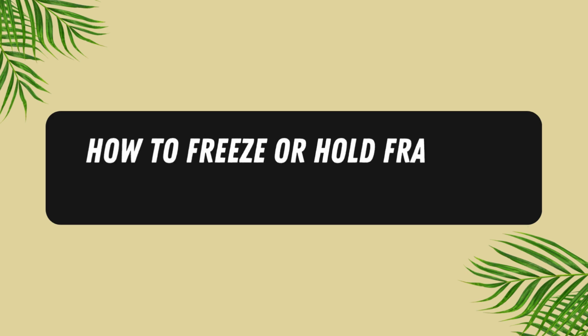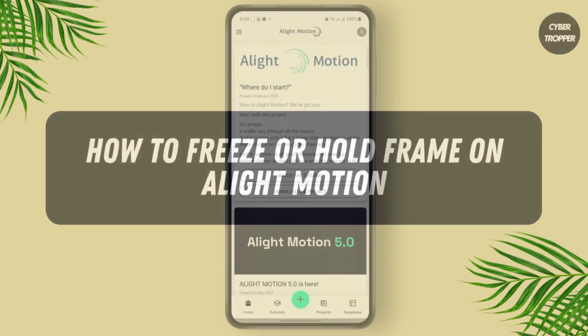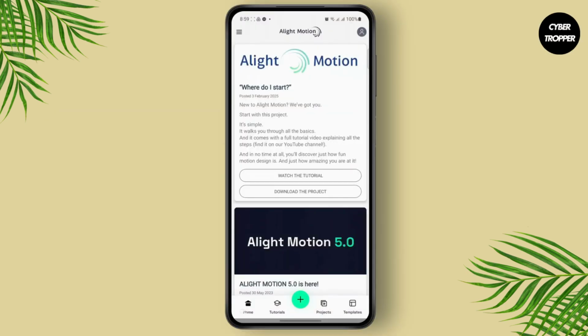How to freeze or hold a frame on Alight Motion. What is up everyone? Welcome back to another tutorial. In this video, I'm going to show you guys how you can easily freeze or hold a frame on the